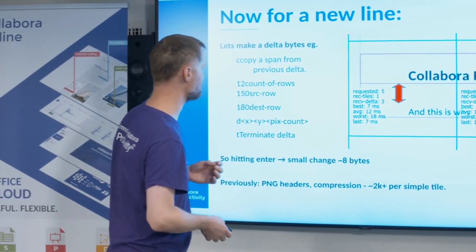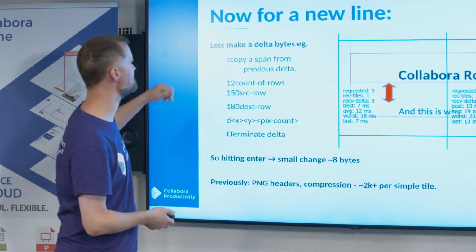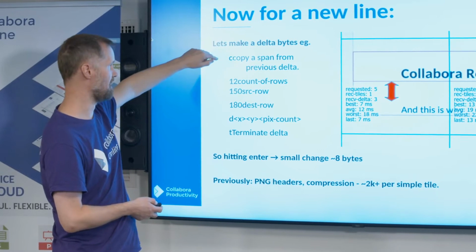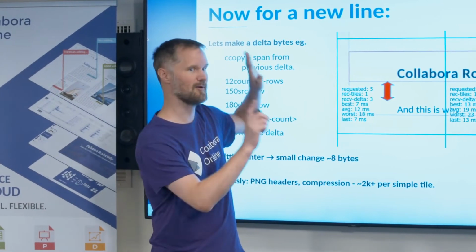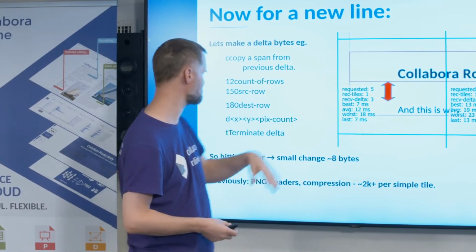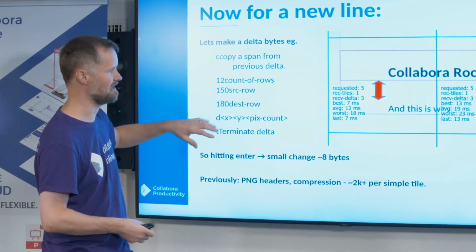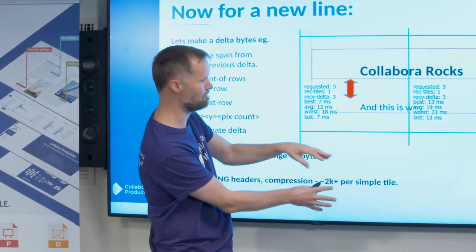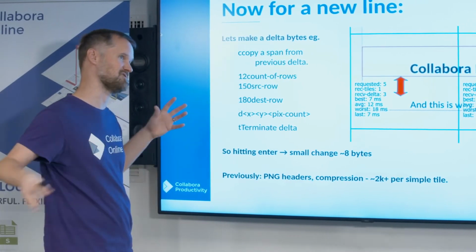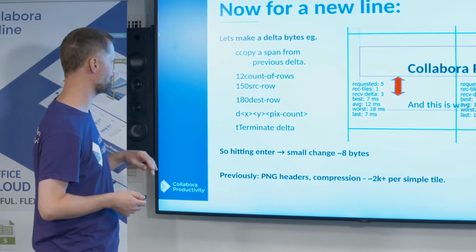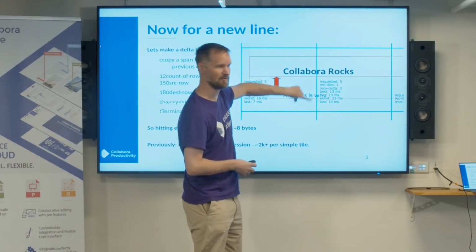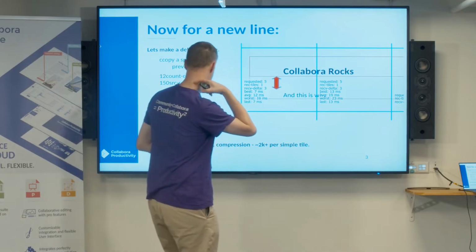And so a delta in this case, just for putting this new line in, is essentially this. My tabs have gone west. You give a C, which copies the span. So I'm going to tell you which bit to copy, and 12 rows, say, for the height of these pixels, and coming from here and going into here. So it's building from the previous one to a new one, and then you need to terminate it because you could have multiple deltas. Yeah, and there's also copy stuff from somewhere else. So grab a bit from over here and move it here,